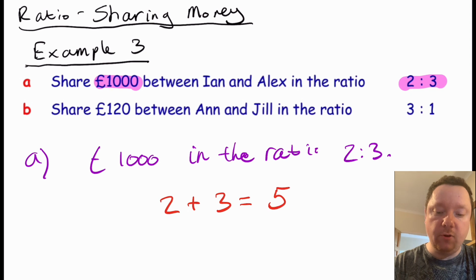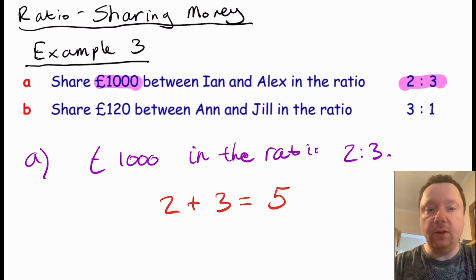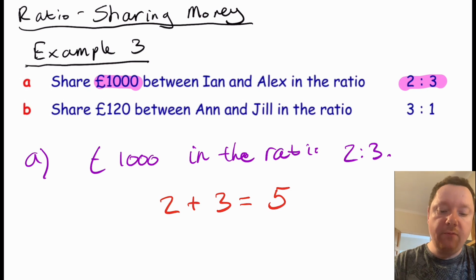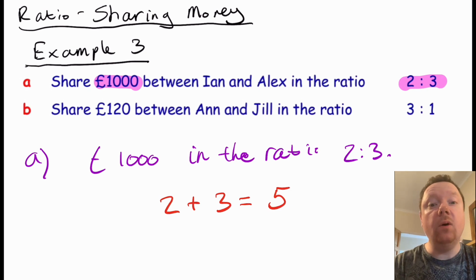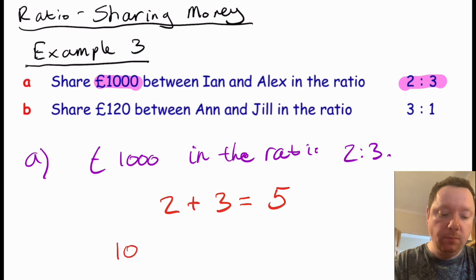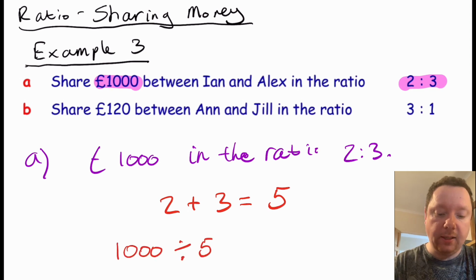So this 2 comes from the 2 in the ratio, and this 3 comes from the number 3 in the ratio. So every time I'm sharing out £5, I need to work out how many times I need to share out £5 so that the whole £1,000 is used up. So I take my £1,000 and I obviously have to divide by 5 to work out how many times I need to do this. So if I use a bus stop,